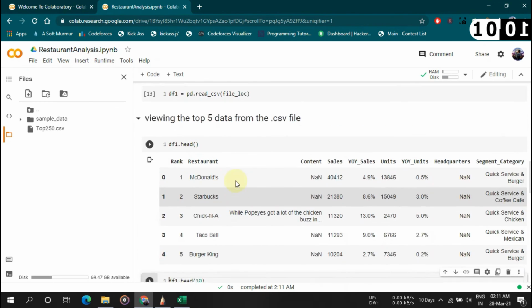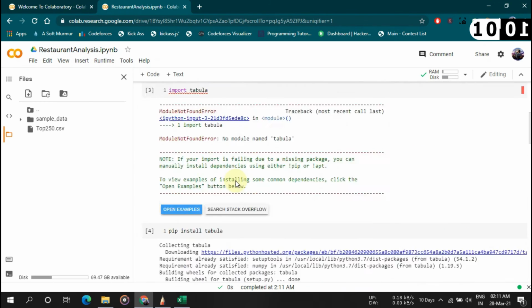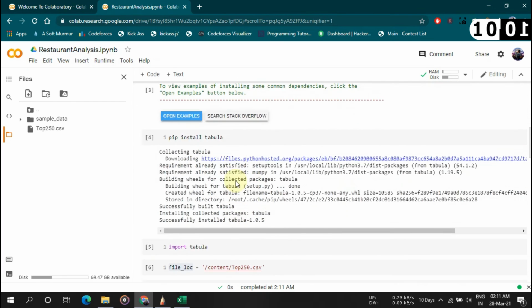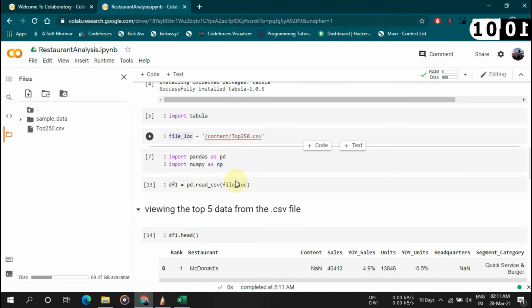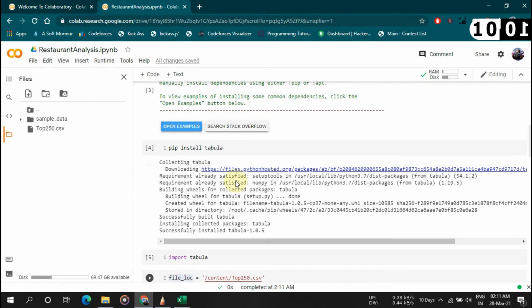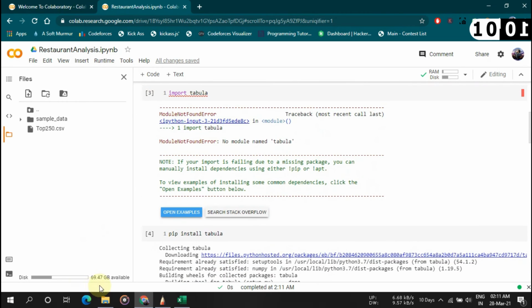Okay, so this is what Colab is used for. Colab is used for machine learning projects. You can use TensorFlow for image recognition, and you can use video for video processing. You can also use OpenCV. All the libraries are supported. You can see here how much storage is given by Google Colab. It is 69.47 GB, which is very good for any project, you can say. So you can easily create a very high level project.